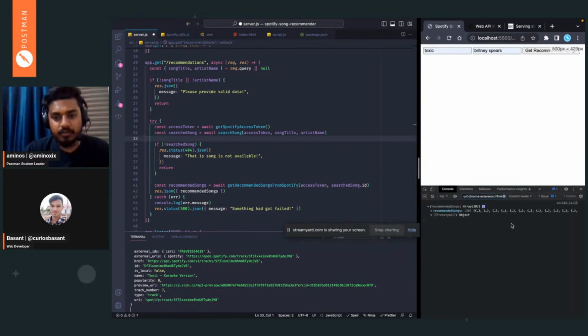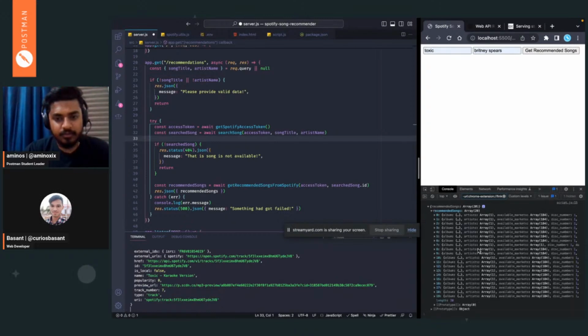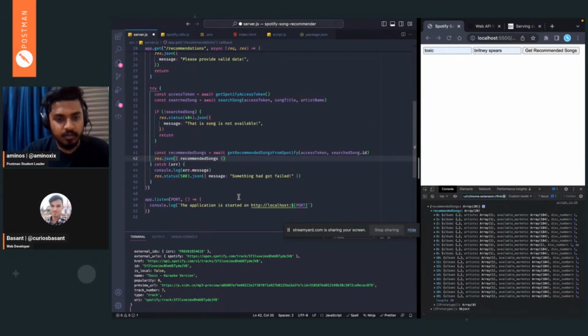Yeah, okay. So we have got the data on the client side, so we can use this data and render it on the UI here. Awesome. So we need to just loop through it